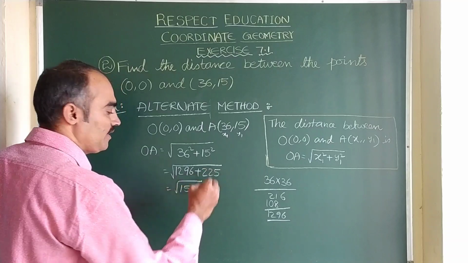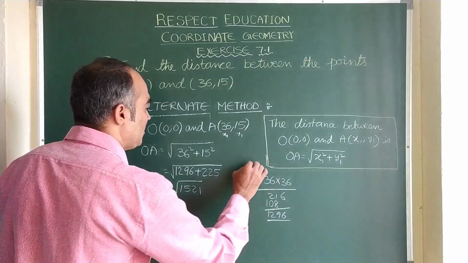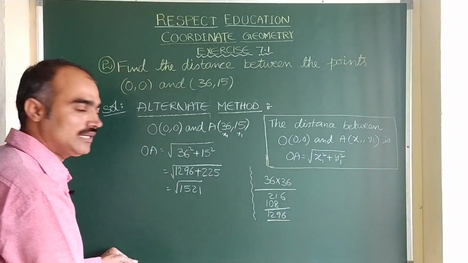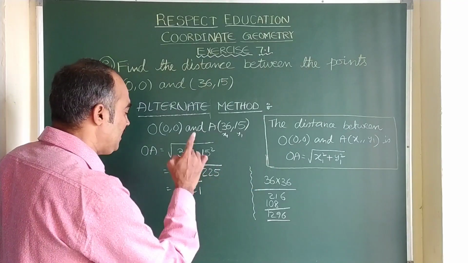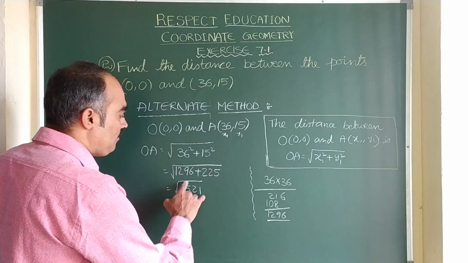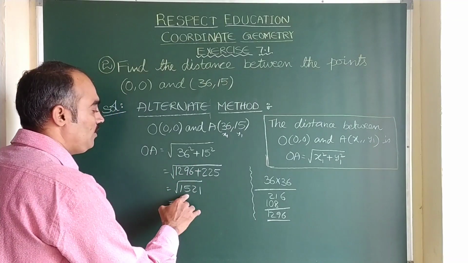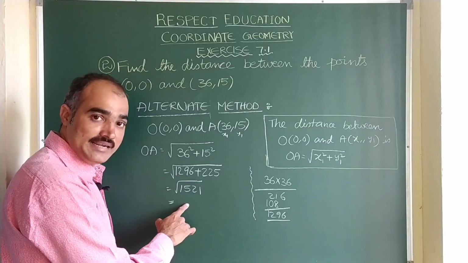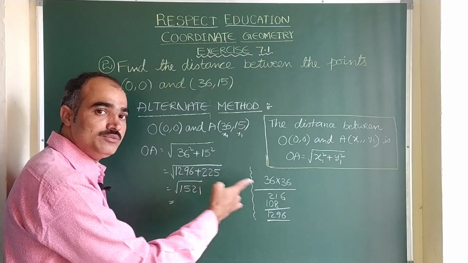1521. If you find its square root by the earlier method, or whatever method is possible for you, you can find the square root using that method, either the prime factorization method or the long division method. So here, the square root of 1521, I will tell you, earlier we saw this square root as 39 by using the long division method. Now I will tell you the same problem using the prime factorization method.